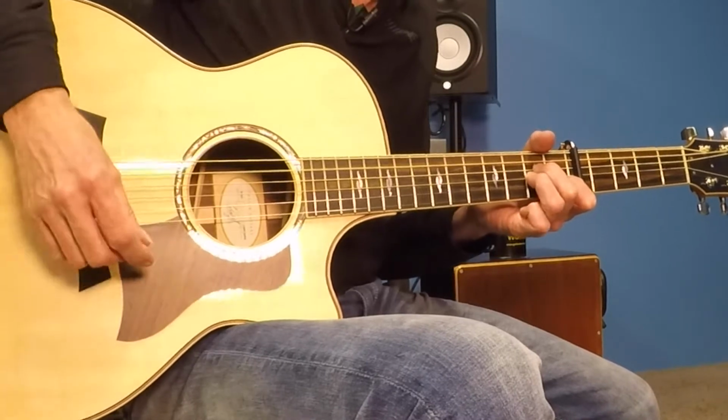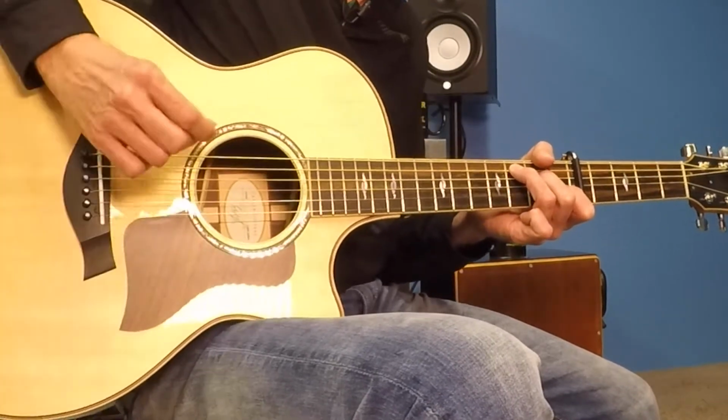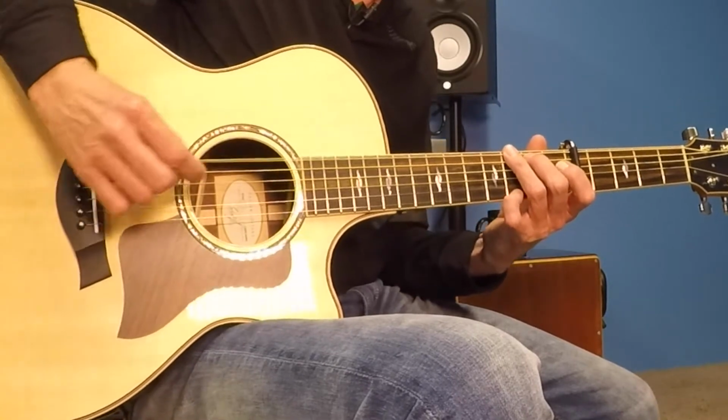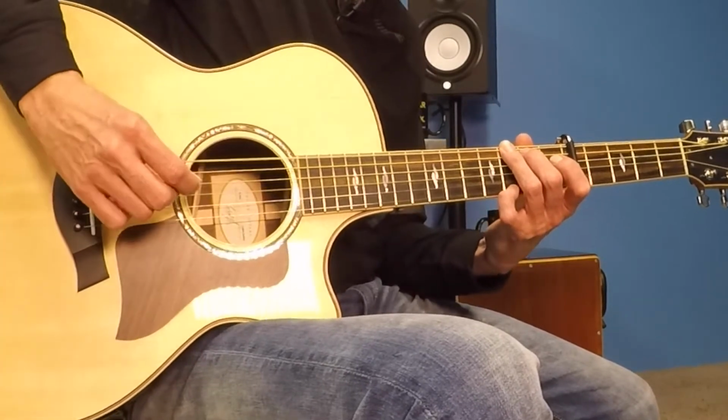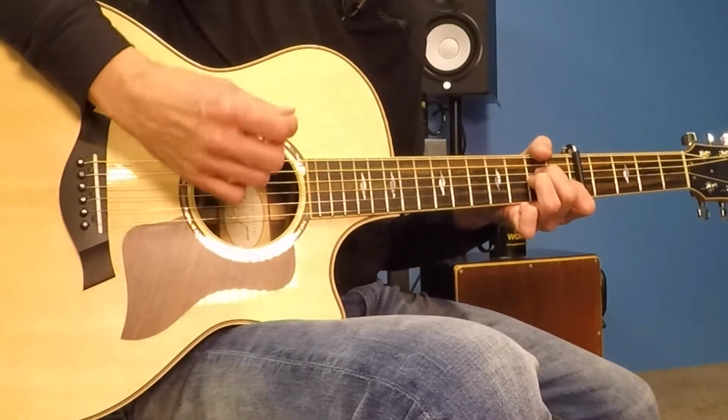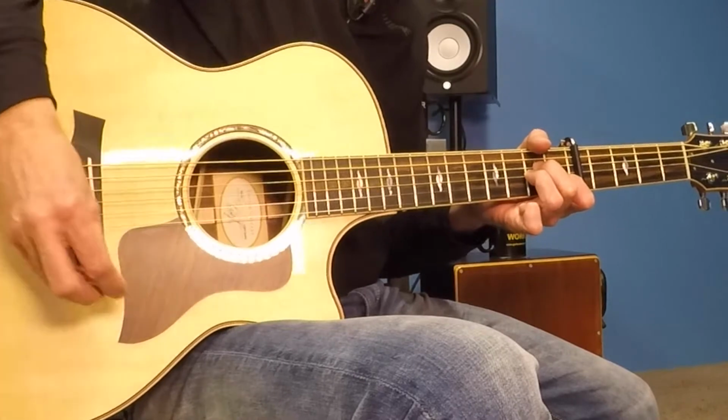Going to a C here. Here's a G, 1, 2 bars on the G. We get A minor again, 3rd line of that intro. C,